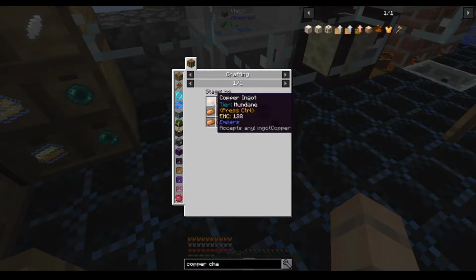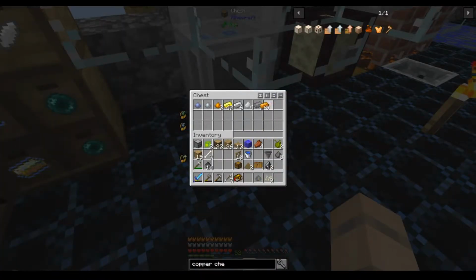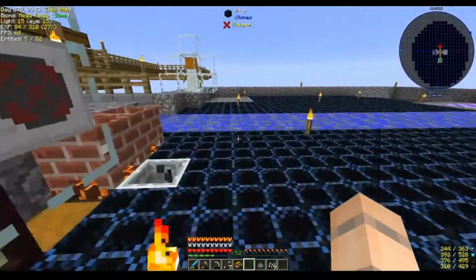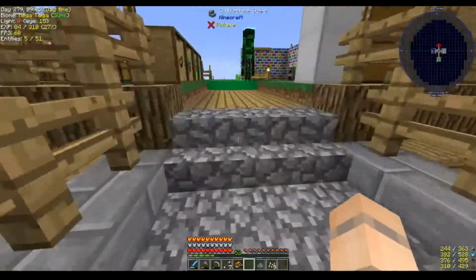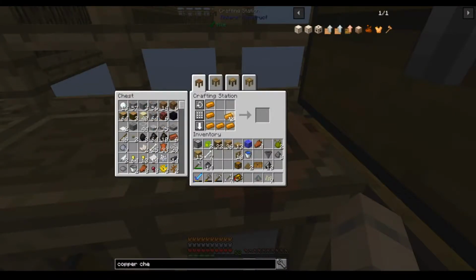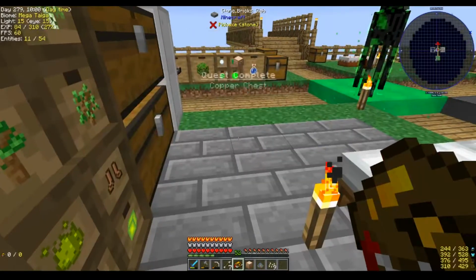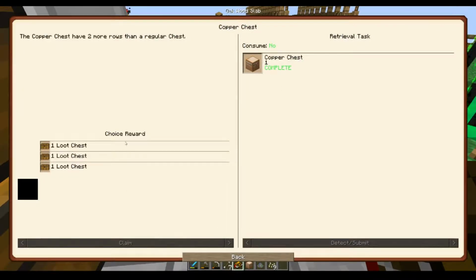There it is. We only need 8 copper to make the copper chest, and we actually just got exactly 8. That's awesome. So, 8 copper, 1 chest. Come on, there we go. And we will pick a random loot chest, claim that,